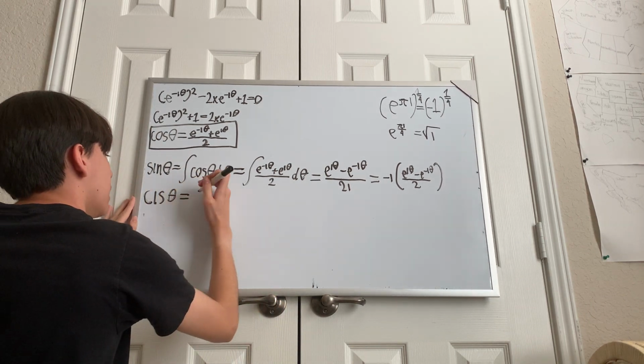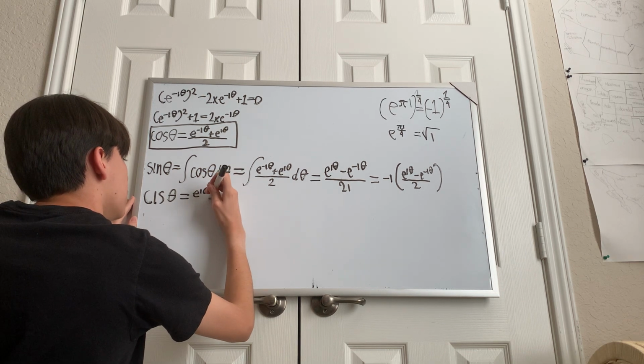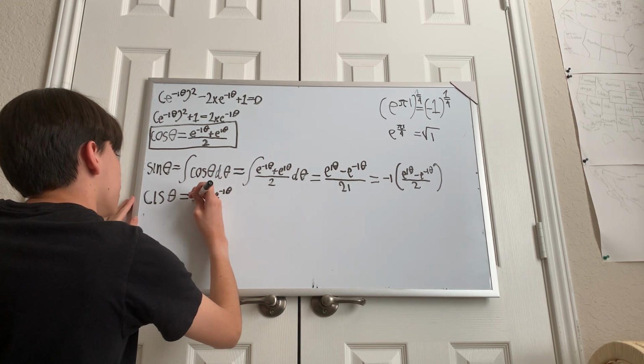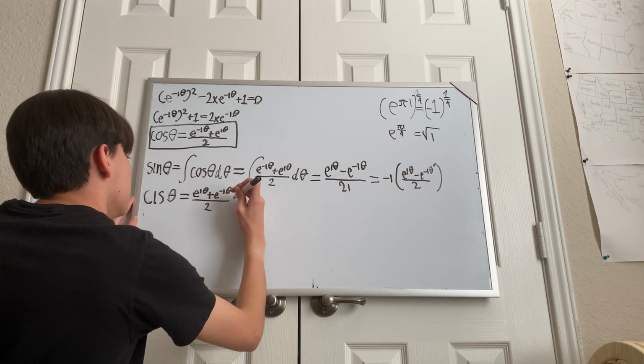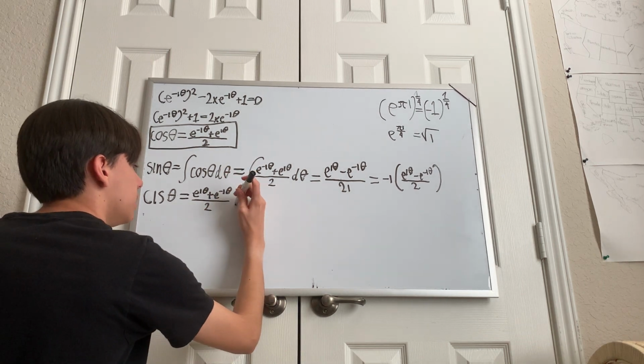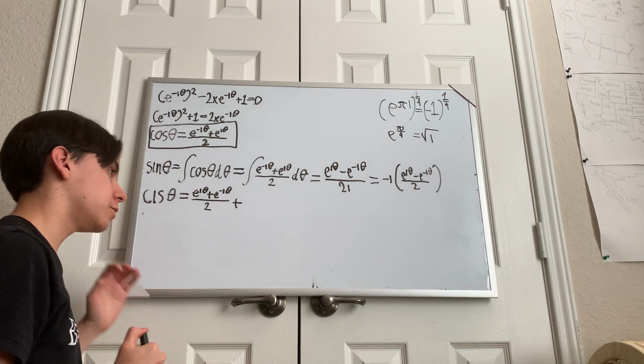So then that becomes e to the I theta plus e to the negative I theta over 2, minus, or no, yeah, that'll just be plus, since negative I times I is negative I squared, or just 1,